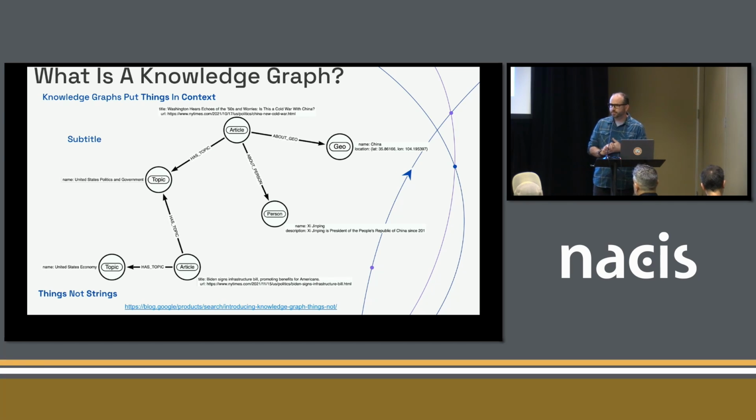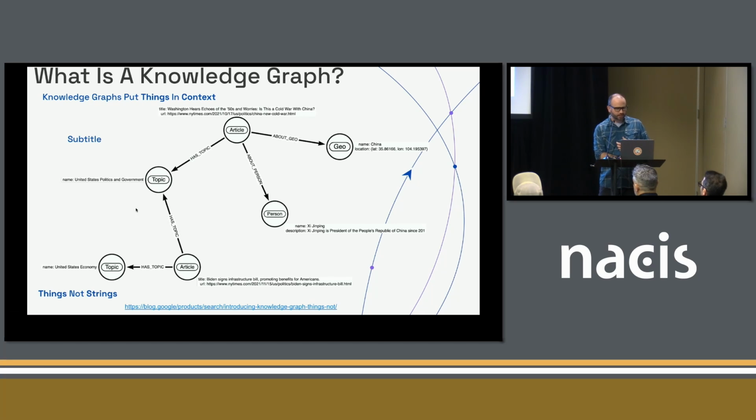A related term that you might have heard is this idea of a knowledge graph. And I think of a knowledge graph as really just an instance of a property graph. The idea here is that you're working with some canonical representation of a thing. This example comes from data from the New York Times API, and we're modeling that as a graph. So we have things like articles. We know the people, the places, the organizations that are mentioned in the article,